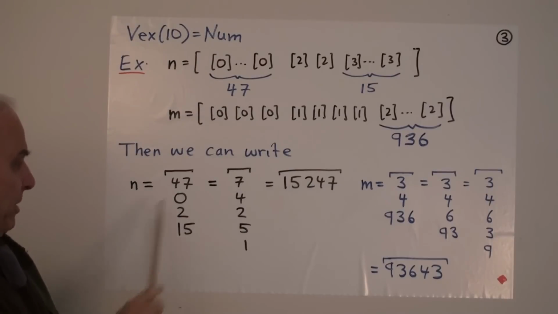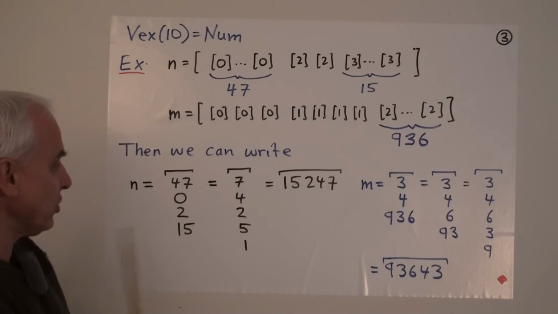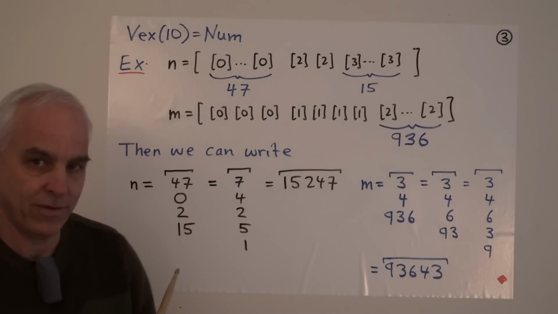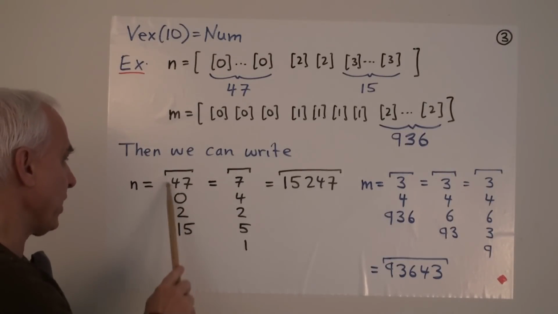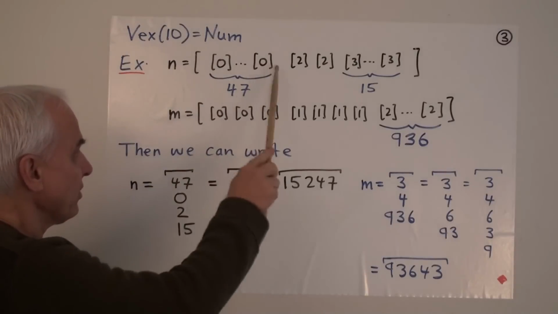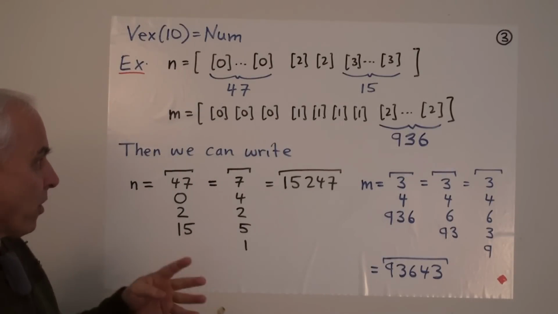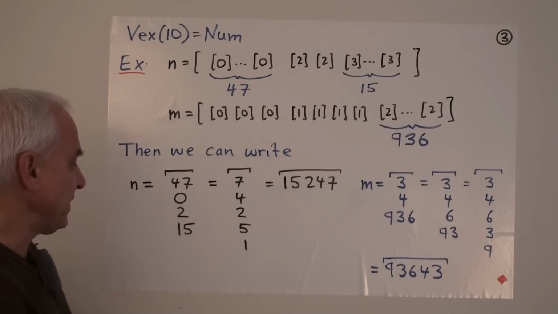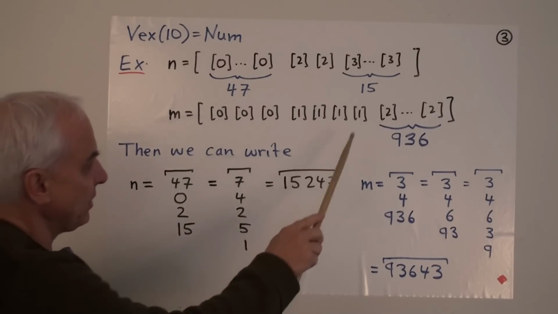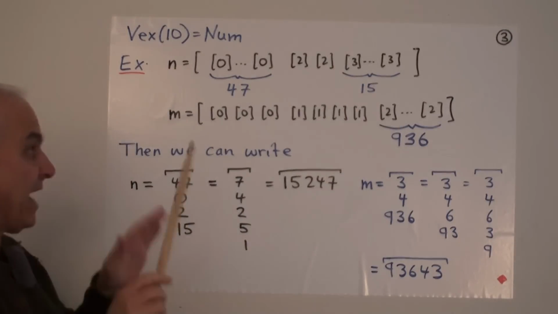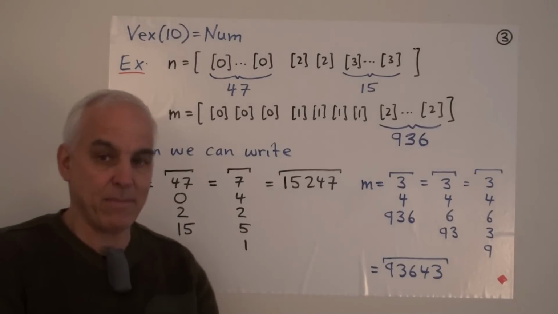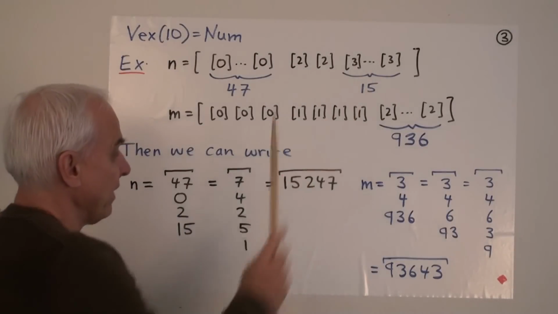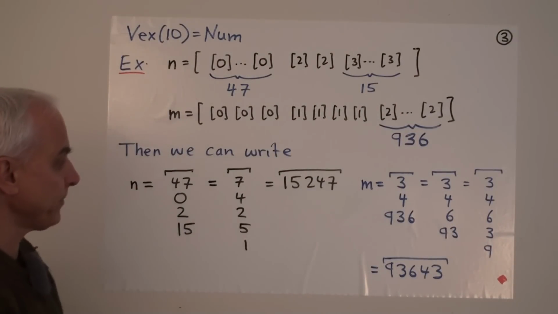Okay, we can rewrite this thing because this 47 here can be converted into 7 zeros and 4 ones. So we can take 40 of these zeros, which are strung out here, and convert them into 4 1 singletons, and so we can do that. And similarly, the 15 here, this represents 15 threes, so we can take 10 of those and convert them into a single 4, giving us then 5 threes left over and 1 4.